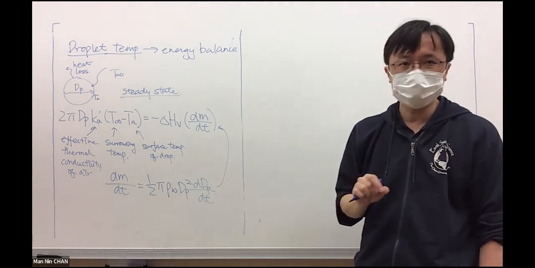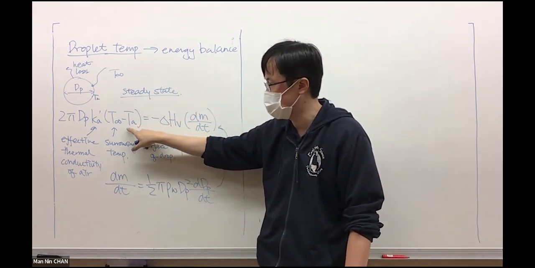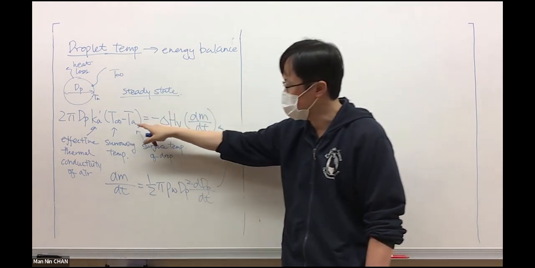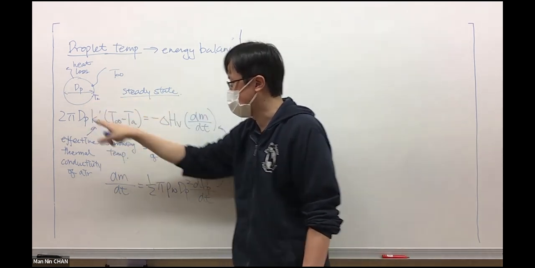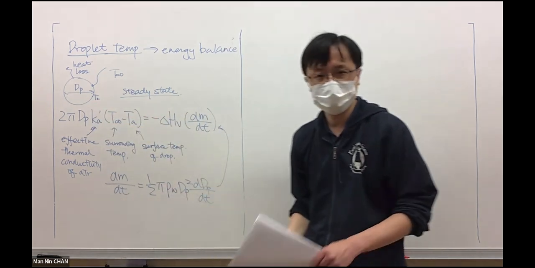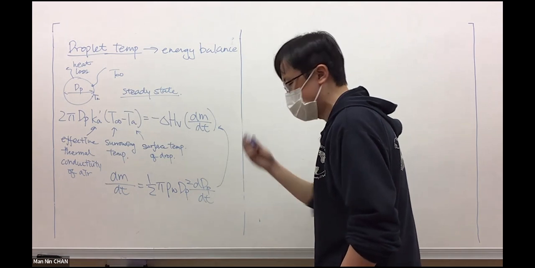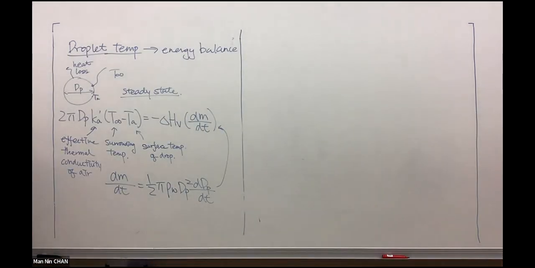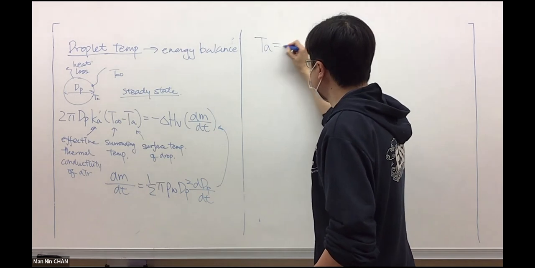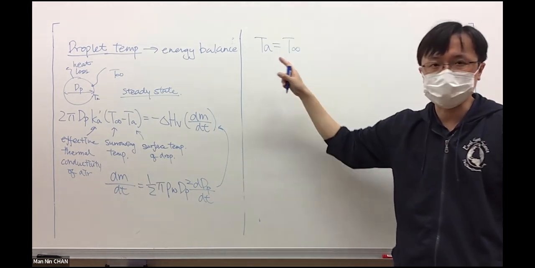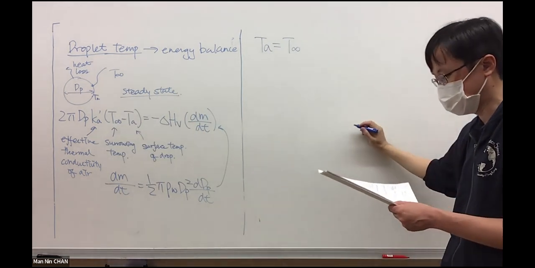So what I'm doing right now is I just substitute this term into this term, and then I can rearrange this equation. On my left-hand side, I just keep the TA, because I try to find the temperature at the surface of the drops, TA, and then I put all the terms onto my right-hand side. So by doing this, I try to find an expression to calculate the temperature at the drop surface. TA will be equal to 2T infinity